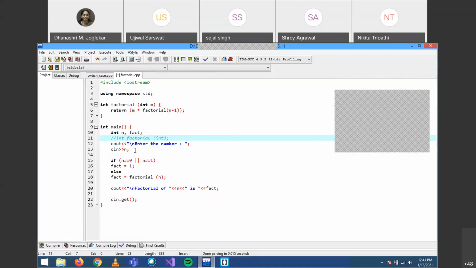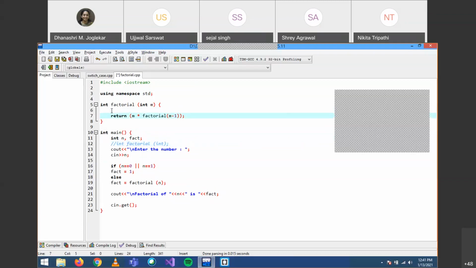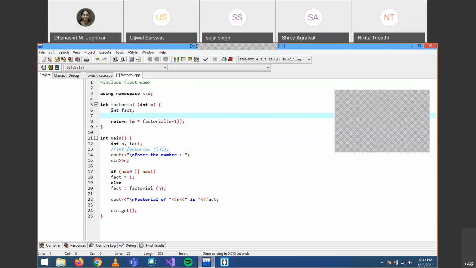Okay, so I suppose the problem that you are getting is because you have not included any condition to come out of that factorial over there. What must be happening has to do with how many times it is getting called, and then you keep subtracting 1, 1, 1. Okay? It will run infinite times. It won't come out of the execution. Yes, yes.